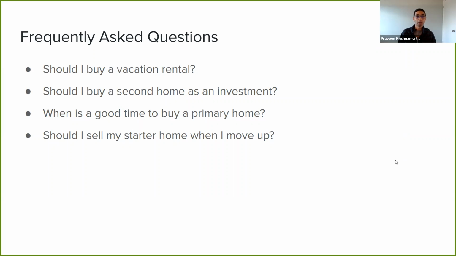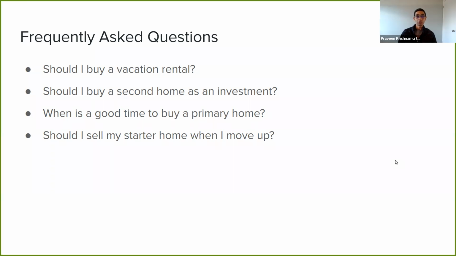Second home, should I buy a second home? That's another question around homes. Well, the answer is similar to the first one, in that you want to look at what your goal is. Is it that you'll be using it sometimes, or is it purely an investment where you're looking at renting it out? Then it looks more like directly owned real estate, which we will be covering in the next episode.